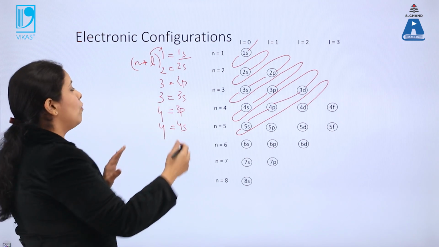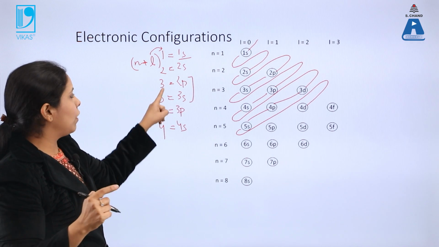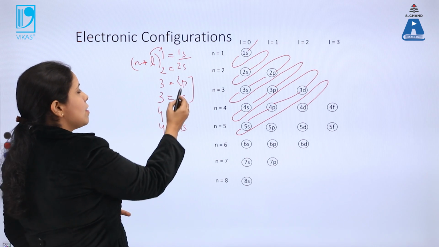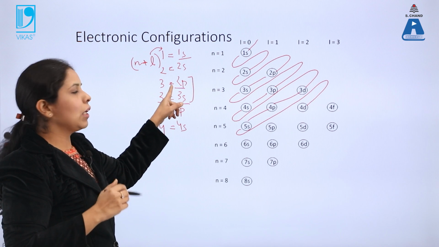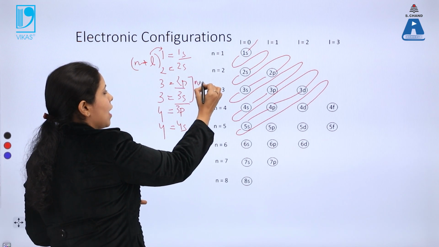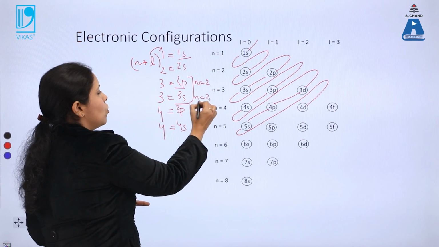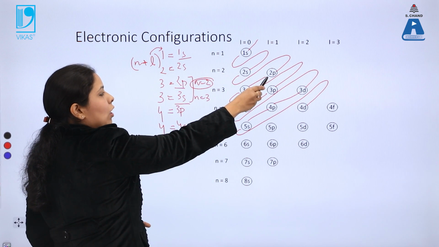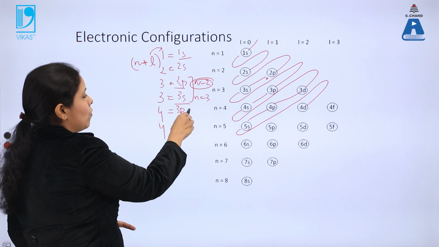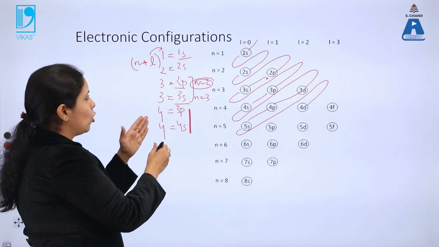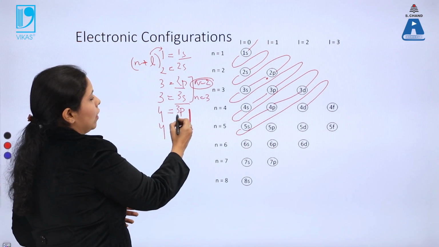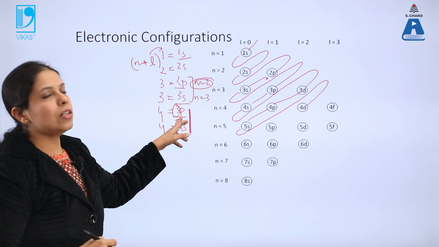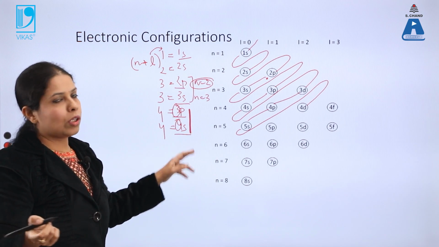The second rule says that when we have the same value, the orbital having the lowest value of n would be the low energy orbital. In the case of 2p and 3s, 2p has n equal to 2 and 3s has n equal to 3. So 2p would be the lowest energy orbital, then 3s. So electrons come into 2p first, then into 3s. The same applies here: the value of n plus l is the same in both cases, but we have to compare the n values of 3p and 4s. 3 is less than 4, so the low energy orbital would be 3p, then electrons will enter into the 4s orbital.